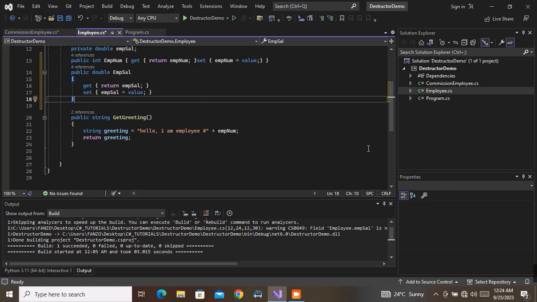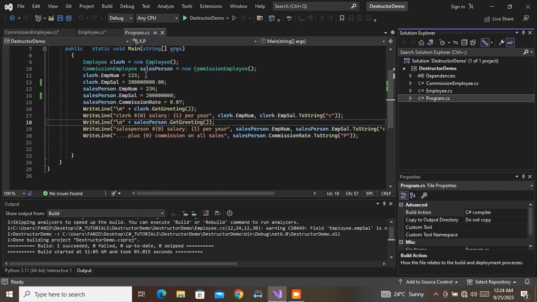A child can inherit from a parent, and a parent cannot inherit from a child. It works only in one direction. A child inherits from the parent, not the other way around. Very important. If a program instantiates an employee object, which is the superclass or the base class that we have, as we have done here,